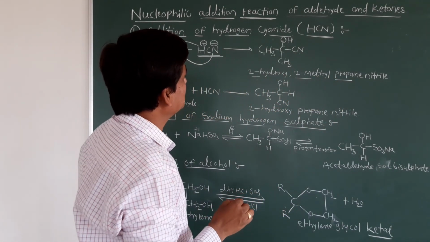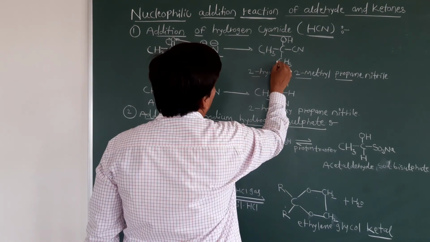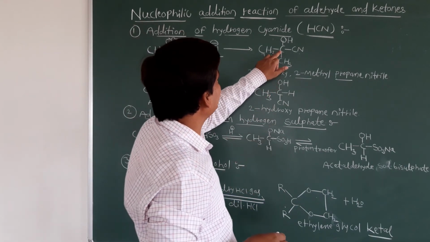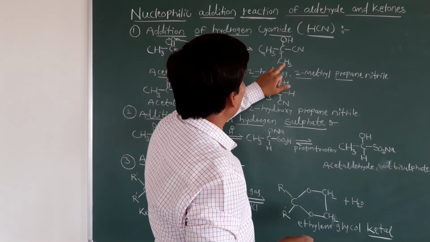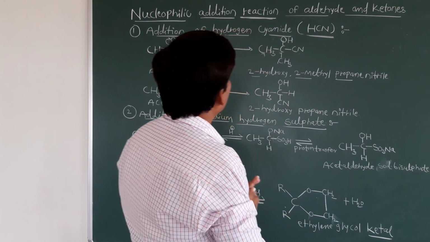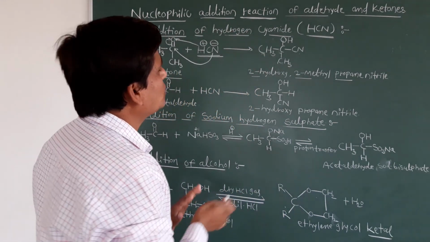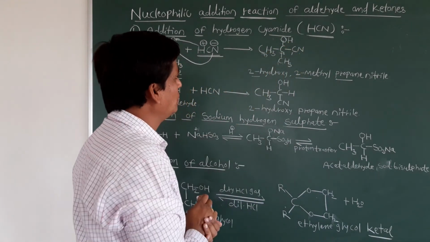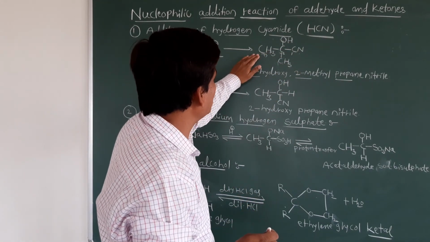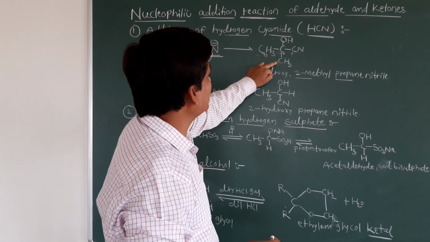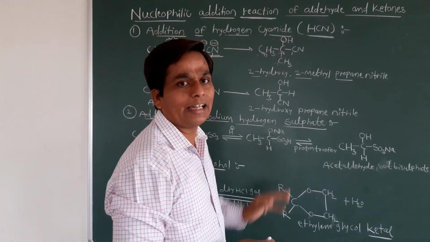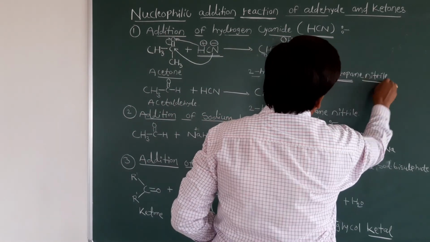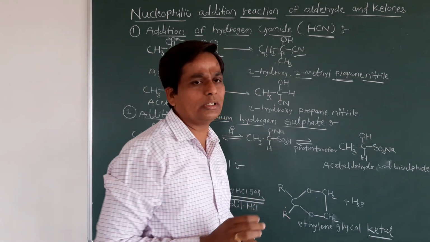Okay, students. So this is 2-hydroxy. You can do the numbering from here 1, 2, 3. Total 3 carbons means it is a propane. On the second carbon a hydroxy group is there and a nitrile group is also there. We can do numbering like this also, 1, 2, 3, because this is the major functional group. This is a propane, 3 carbons there. The second carbon contains the methyl group and the hydroxy group, so we can say it is a 2-hydroxy 2-methyl propane nitrile. Nitrile is nothing but the cyanide group. Okay, students, now clear everybody?